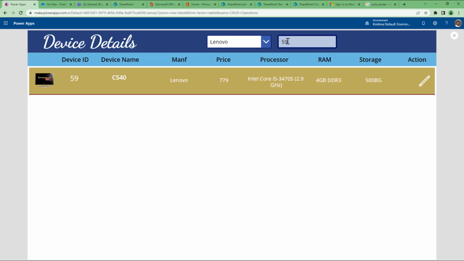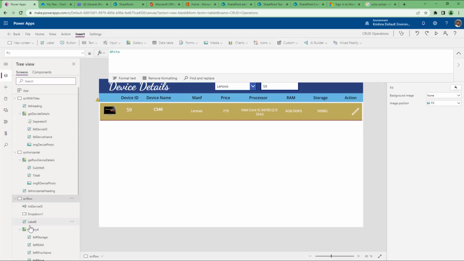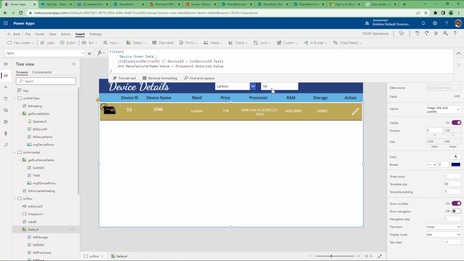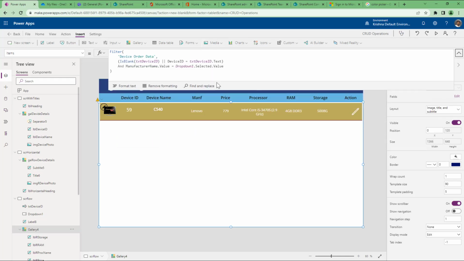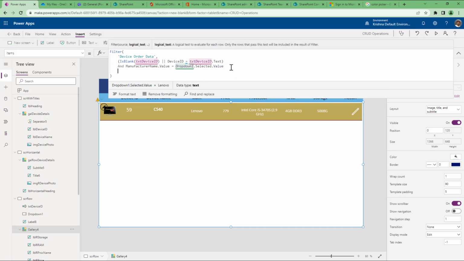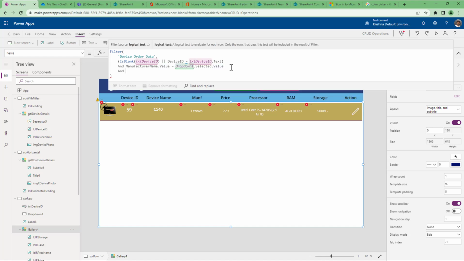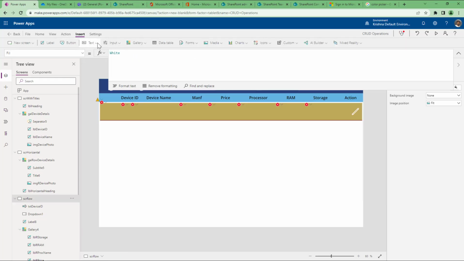Now what I am doing, I am filtering my data on the gallery as per the user need. Yes or no, I'm giving multiple filters, multi-filtering. Now if I want one more filter for processor name or the RAM, I can give that also. Now processor dot value equal to, add one more drop down on the screen,